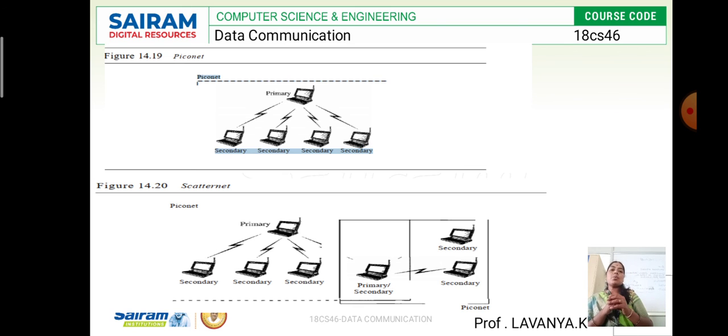What I am saying is that a slave in one piconet can act as a master node in the other piconet. The slave in one piconet can act as a master node, the primary node, of the other piconet. So this is what the scatternet is.